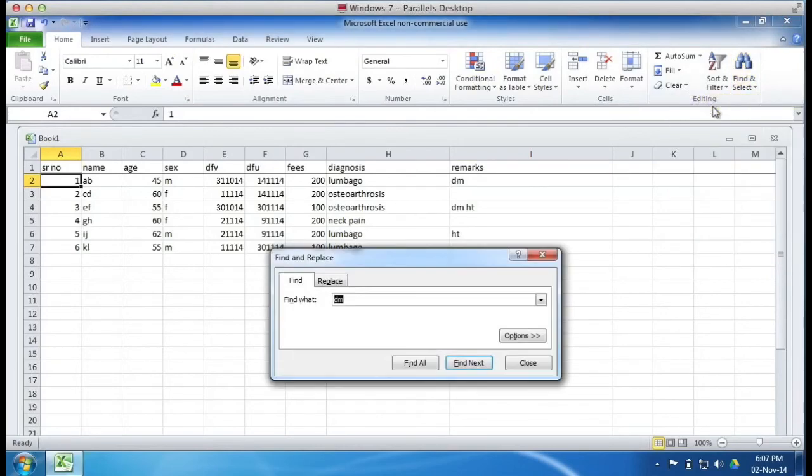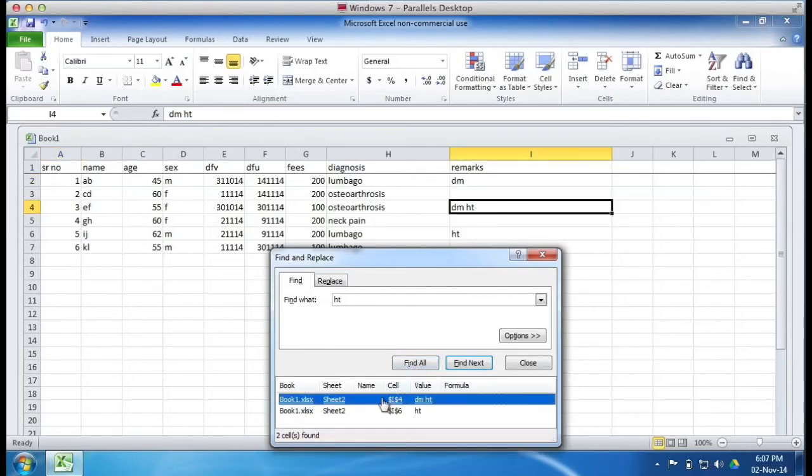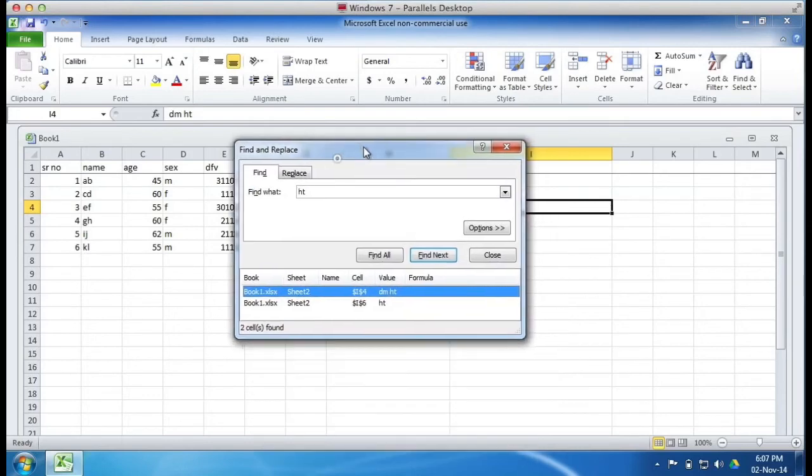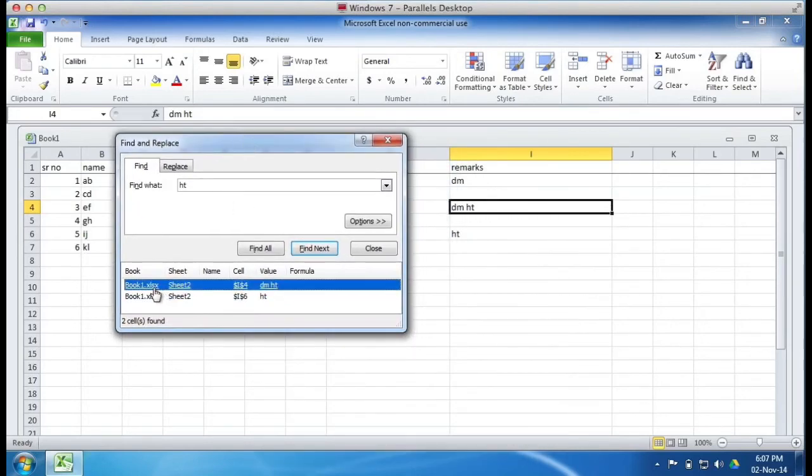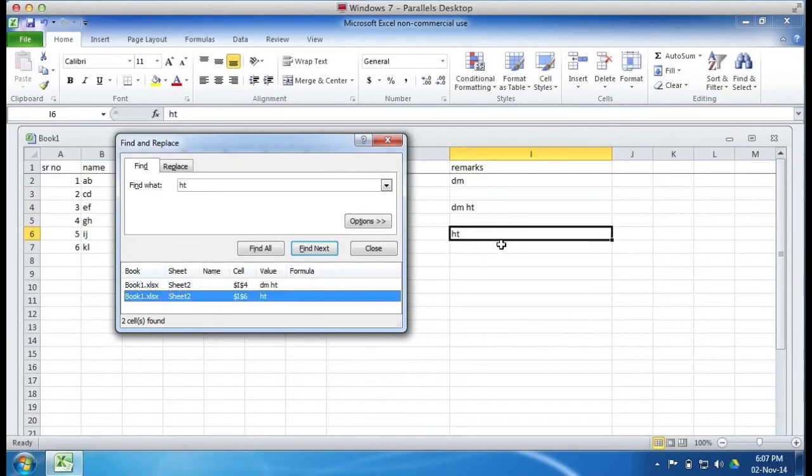click find. Here we get, say we want to search hypertension, so we put HT, click on find all. There in this box it will show this as first and it highlights that also. Here it is highlighting in yellow, and the moment you go on the second, it goes here.